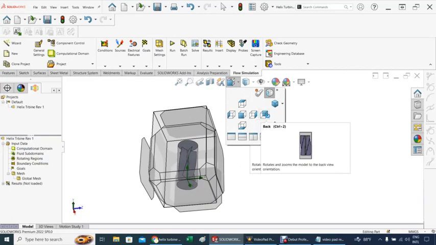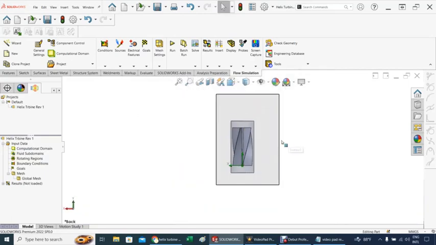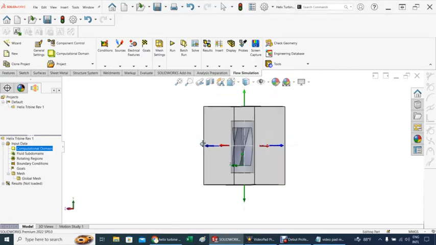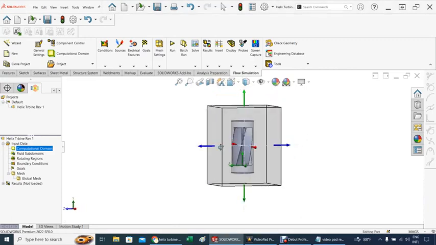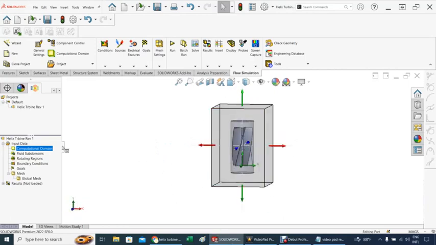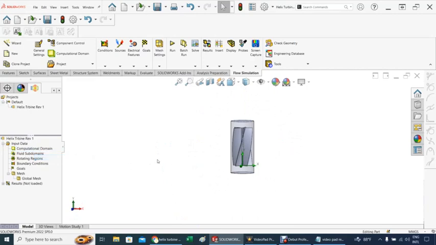Let's see how that looks. Try to make it equal in both directions. So, right at the center. Oh, that looks good. Perfect in all directions. So we are done with the computational domain. Let's hide that out. Now,